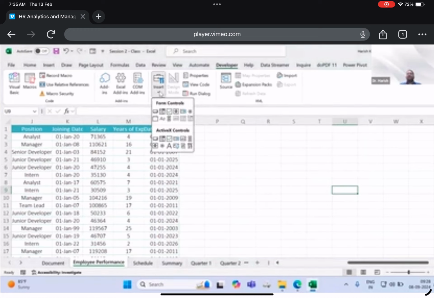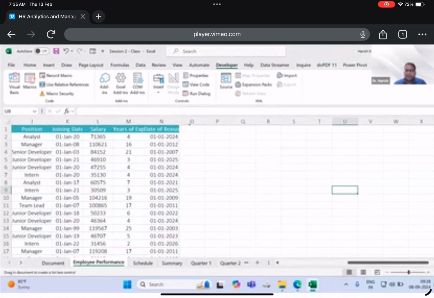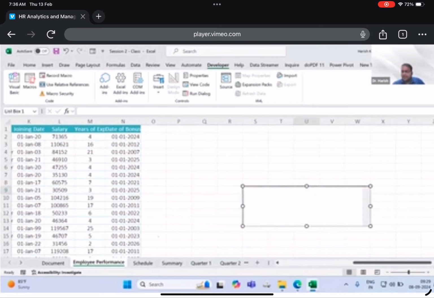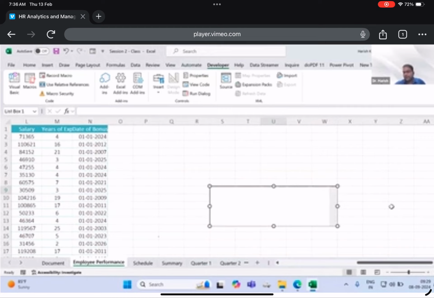Now, in this Insert, there are form controls and ActiveX controls: ActiveX for the web pages, form controls for the application development. So let's say my first approach here is developing a list box. The same way, like we developed a list for EMP ID last time from the data validation, now I'm going to develop a list box here. It can be on the same page, it can be on another page also, where you want to